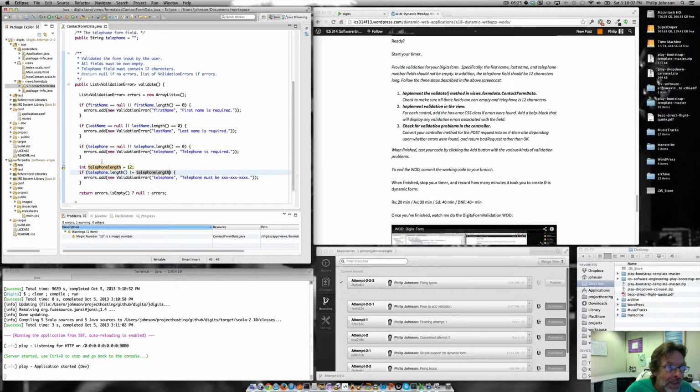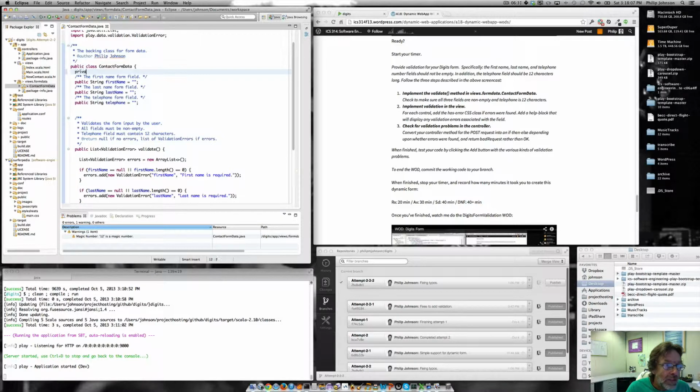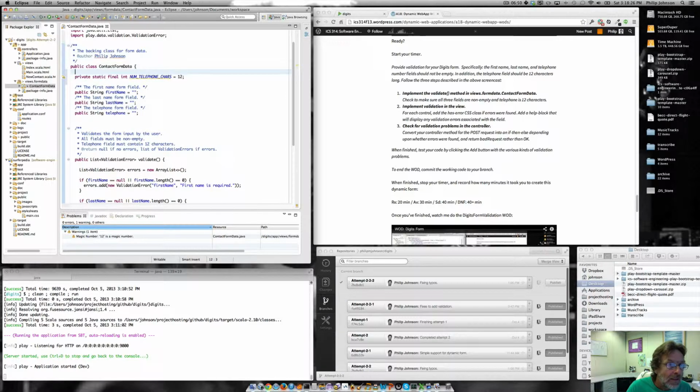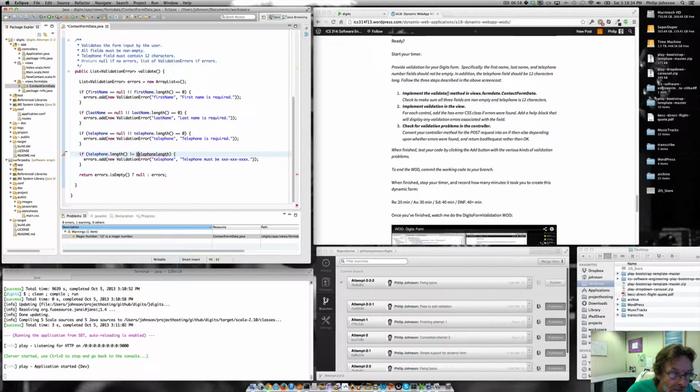It turns out the way to make non-magic numbers, according to Checkstyle, is we have to say a private static final int NUM_TELEPHONE_CHARS equals 12, and then down here, get rid of this thing, if we say that this is NUM_TELEPHONE_CHARS,